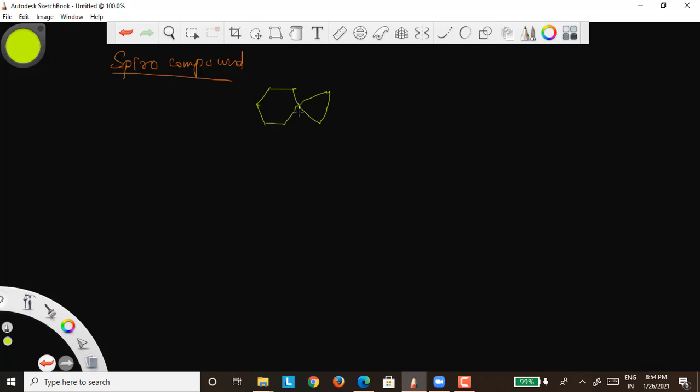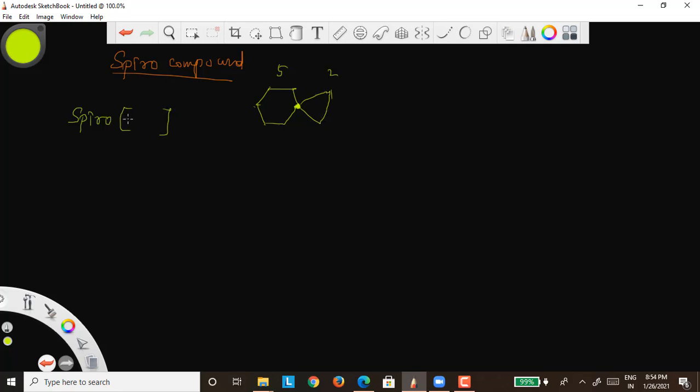They are prefixed by spiro. And how is the spiro compound named? The spiro compound is named by writing spiro first, and then bracket. In this bracket, how many carbon? This is the spiro carbon, but this side 1, 2, 3, 4, 5. This side 5 carbon. Except spirocarbon, you count all other carbons. Don't include spirocarbon. This is the spirocarbon. Identify that. Then this side 1, 2, 3, 4, 5. This side 1, 2. So 5, 2.